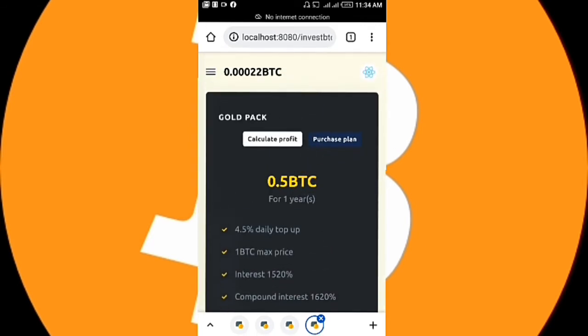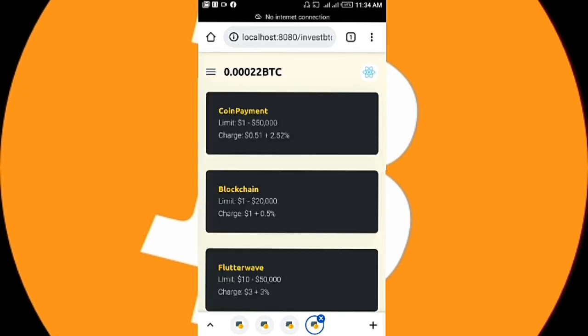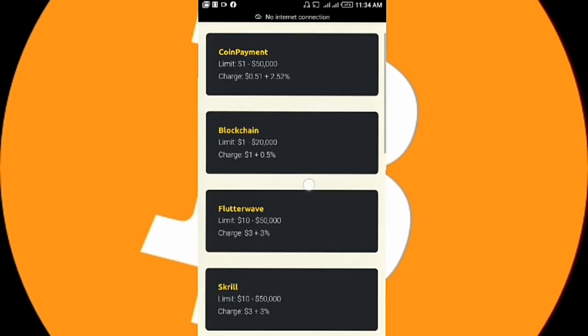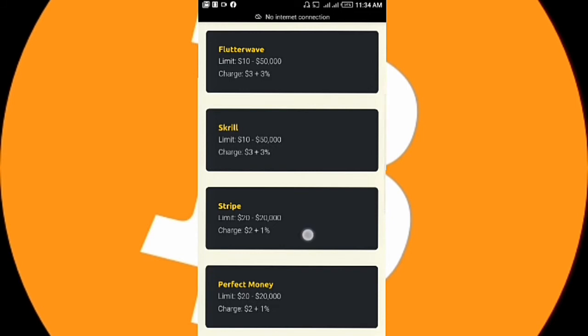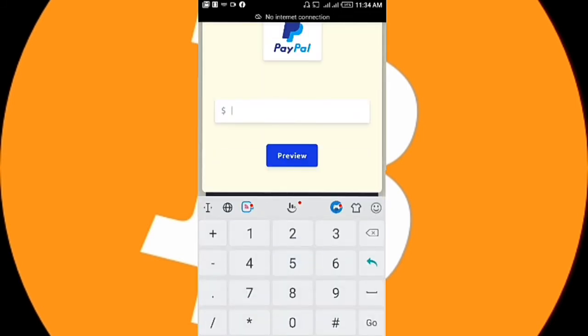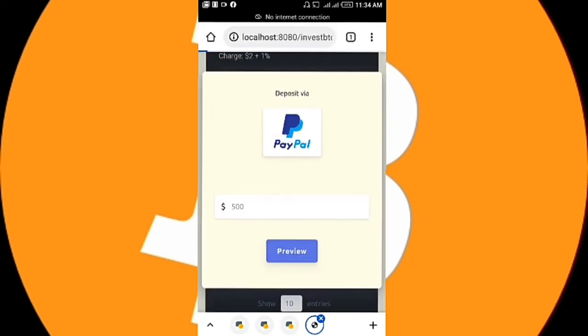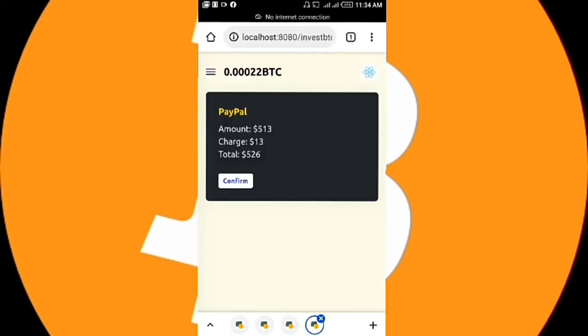Now another thing we have to do is, assume someone deposits money into your account. For instance, the person clicks on deposit, and pays either using this coin payment gateway or any payment option like PayPal. Let's just choose PayPal. The person pays a sum of 500 USD. Click on preview. You can change that at the back end. So the moment you click on confirm,